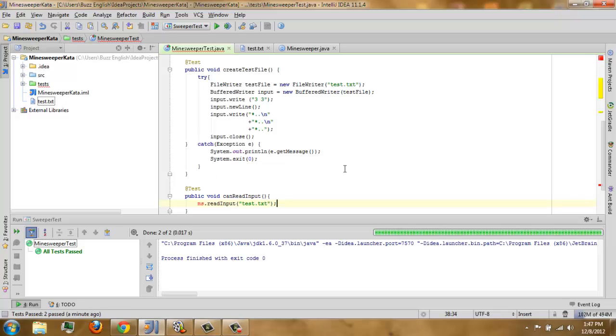We have to instantiate our Minesweeper first again.